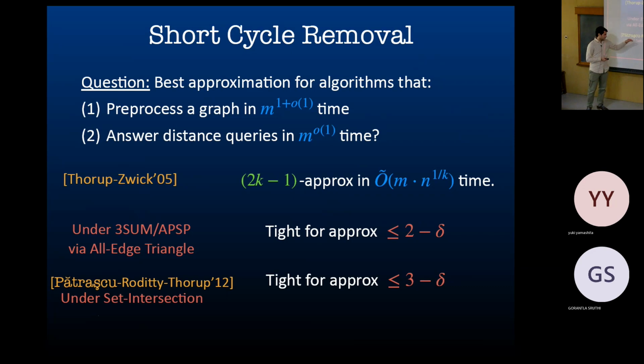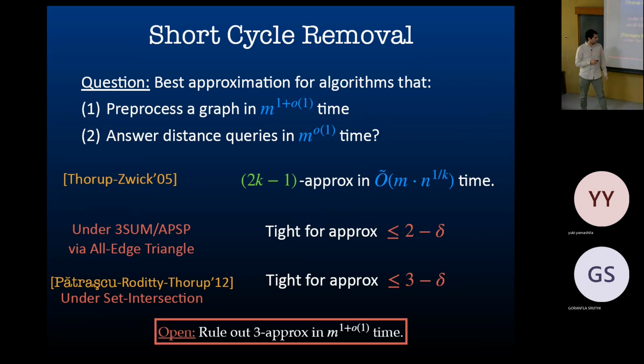There was a paper by Chechik, Zwick, and Abboud using different conjectures with some clever ideas. They got from 2 to 3. I'm not going to go into how they did it, but somehow they pushed this technique to the limit, made distances longer, like the 2 becomes smaller and so on. And they got all the way to 3, and even their technique gets stuck there because of essentially the same reason. And so is this 3 the best possible, right? This says that you cannot beat 3 if you want near linear running time, but the upper bound is super constant.